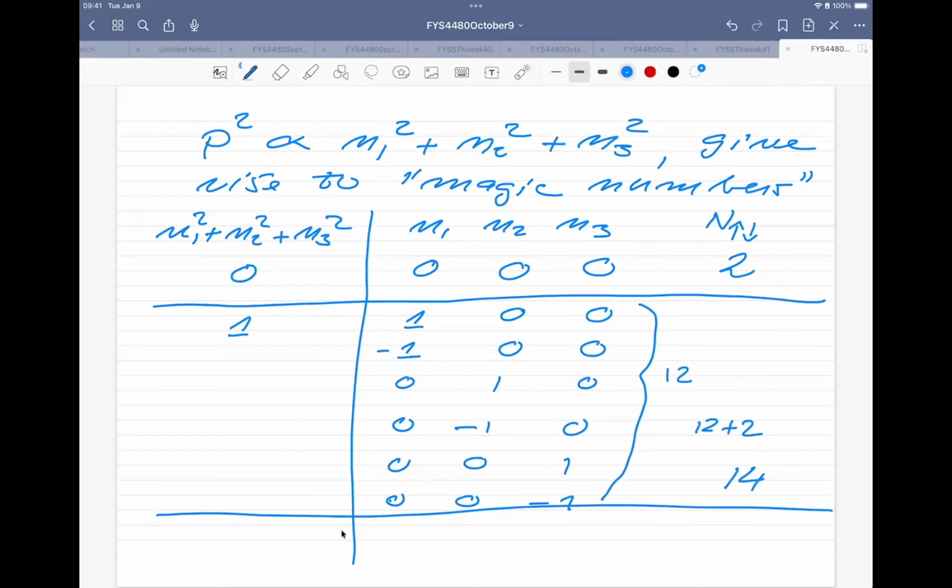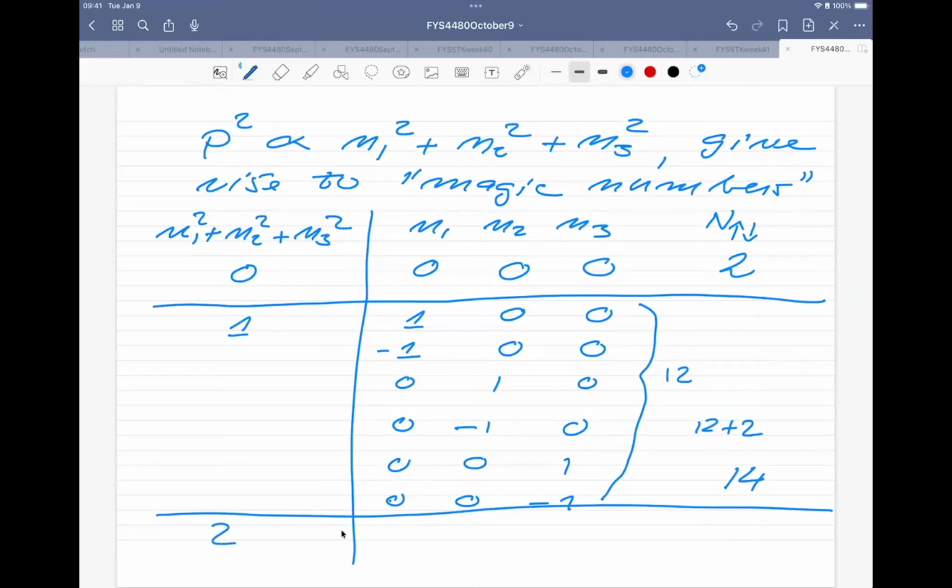So you could now think of n equal 1 being your Fermi level. So that means that if that is the energy for the Fermi level, the last filled state, then I can actually have 14 particles below the Fermi level. Now, what you will see is that when you take the thermodynamical limit, this number of particles is going to go to infinity. But you can see this kind of magic structure which is going to develop here. But at the end, you are just interested in the thermodynamical limit, which means an infinity of particles. So you can continue like this.